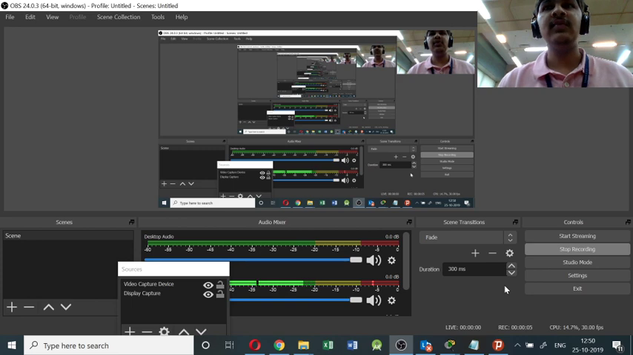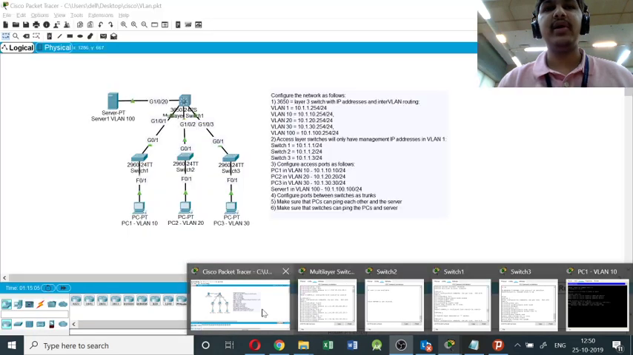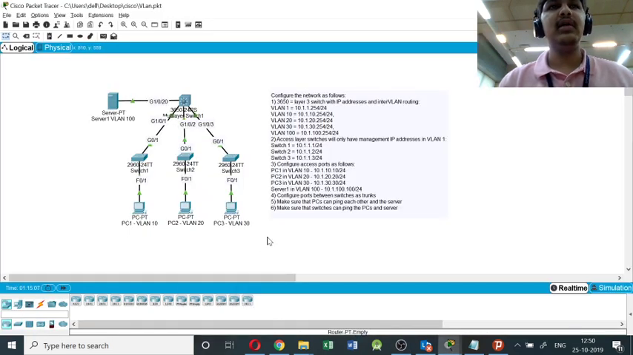This is the fourth tutorial where we will be discussing inter-VLAN routing. Let us understand it with a Cisco Packet Tracer example. Inter-VLAN routing is as follows. We can see